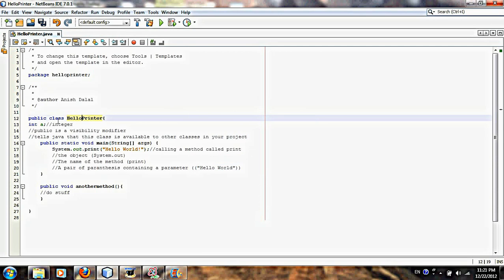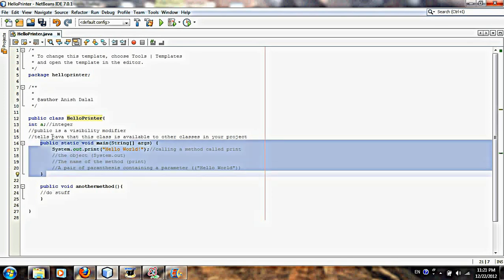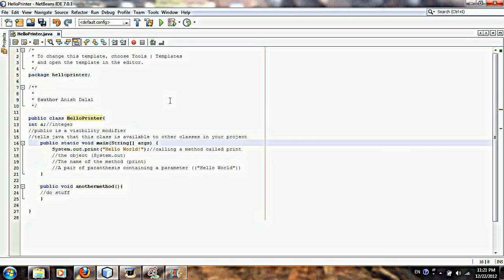Don't need it. So there's public class and the name. Now look at this line, public static void main string args. A lot of stuff there. So I already told you, public means that you want to make this method available to other classes. Now, it doesn't necessarily mean it's going to be used in another class, but it's going to be available. Static, all it means is that in this method, there is not going to be an object